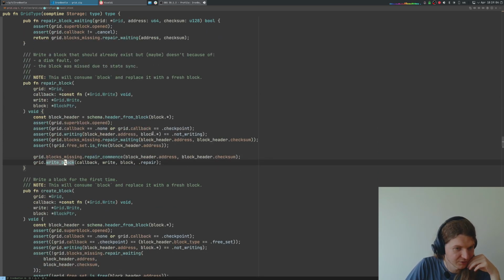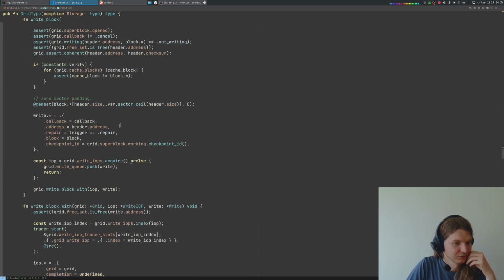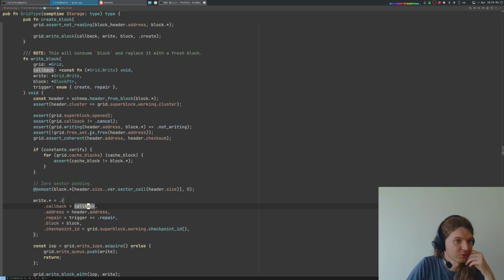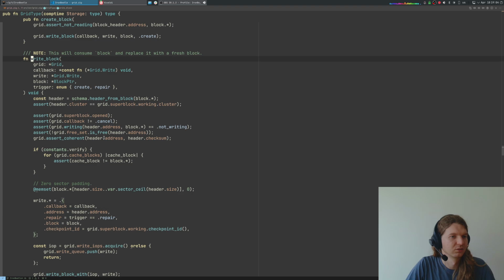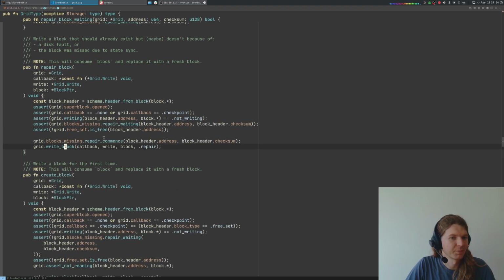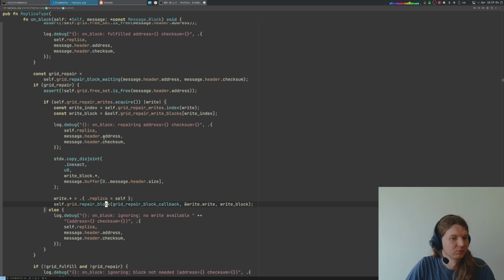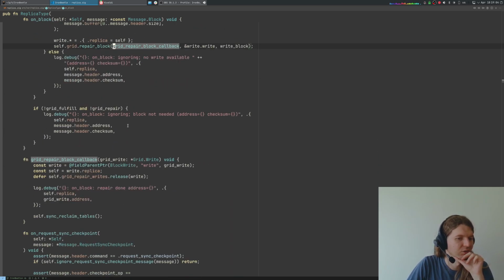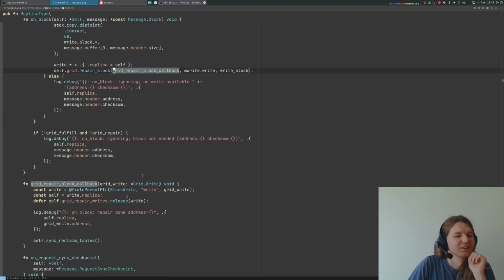And that writes this block, and what is the callback here? Repair block. Grid block repair callback. Well, okay, so that is confusing,